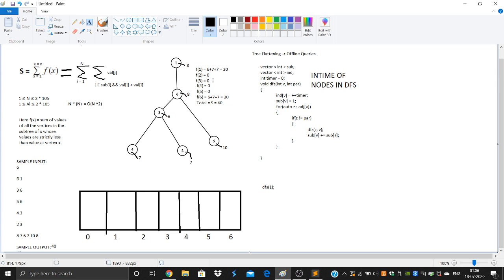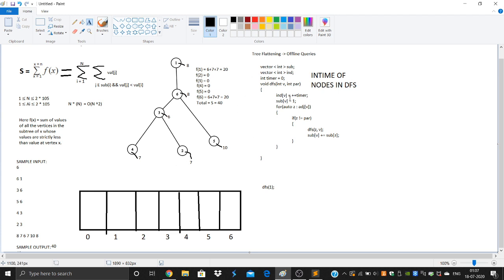So first let's do a DFS from 1 and store the in time in this array below the tree. Suppose now we are at 1, we have started DFS. If you look at the pseudocode, as soon as 1 is visited, its in time is calculated and stored in a vector called IND, vector or array you can call it.